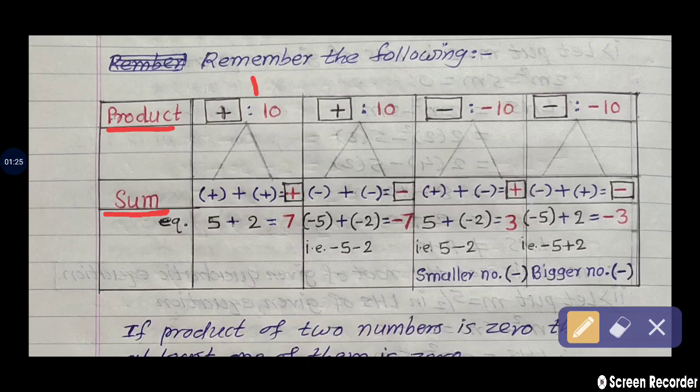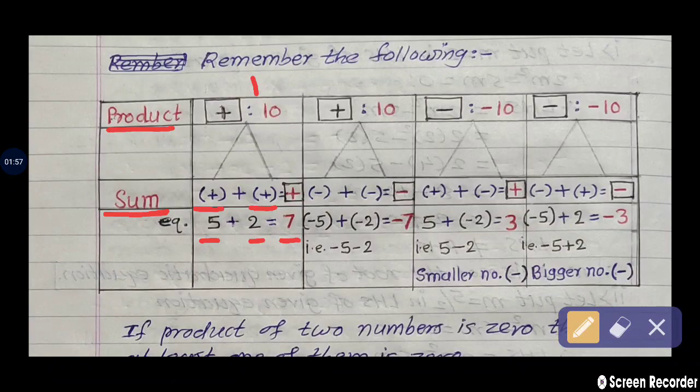If the product is plus, when are we getting the product plus? When both the numbers have the positive sign. For example, 5 and 2. Both the numbers are positive. So we make the addition. 5 plus 2, answer is what? 7. So 5 and 2 are positive numbers, so we are getting positive. That is the addition, the sum is also positive.